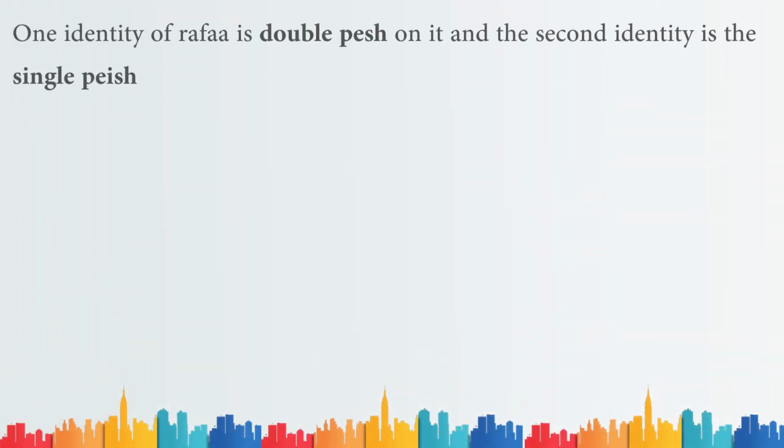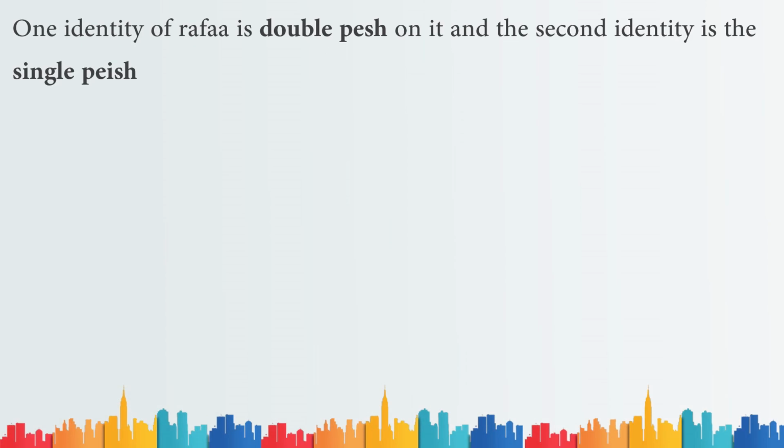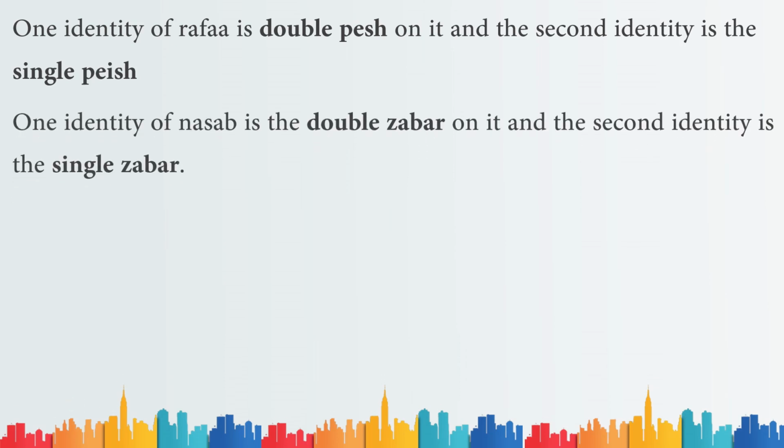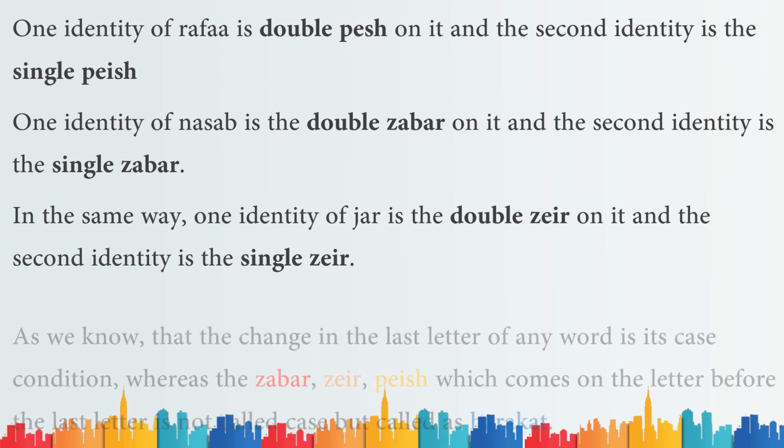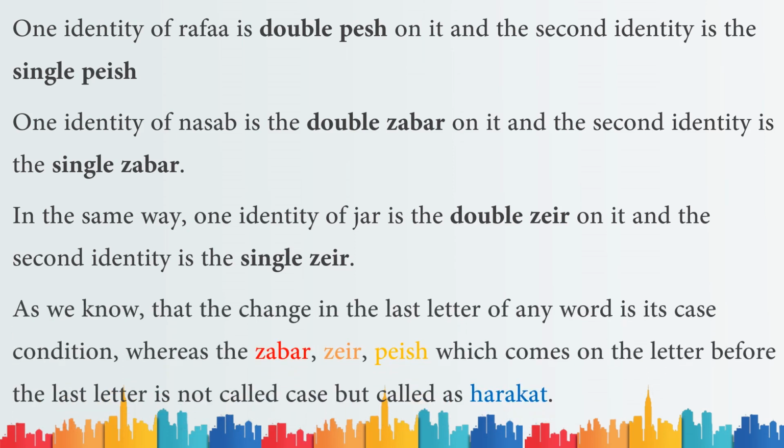One identity of rafa is the double pesh on it and the second identity is the single pesh. One identity of nasab is the double zabar on it and the second identity is the single zabar. In the same way, one identity of jar is the double zair on it and the second identity is the single zair. As we know that the change in the last letter of any word is its case condition,